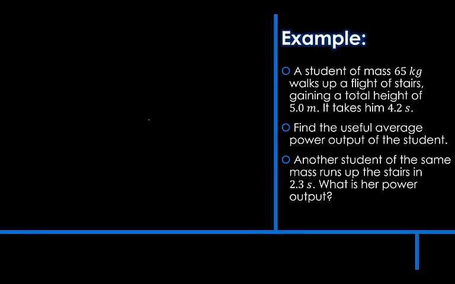Okay, so if we look here at an example, a student of mass 65 kilograms walks up a flight of stairs, gaining the total height of 5 meters. It takes him 4.2 seconds. Find the useful average power output of the student. So we have power is equal to work done over time taken. Work done is equal to change in energy. And so in this case, change in potential energy is equal to mg delta h, which is 65 times 9.81 times 5.0,